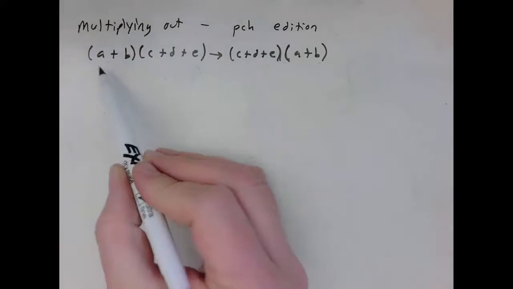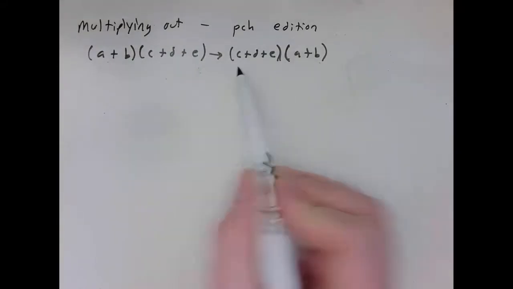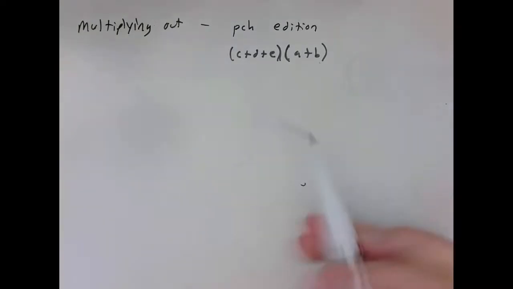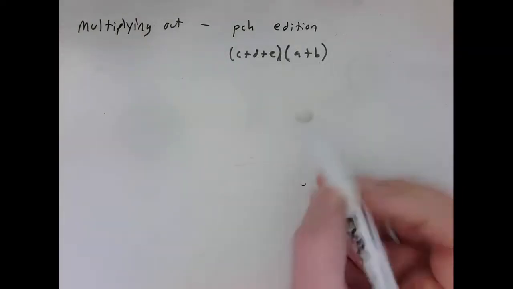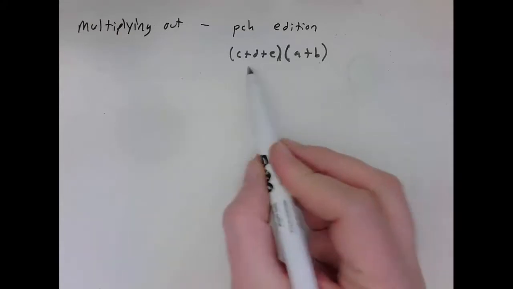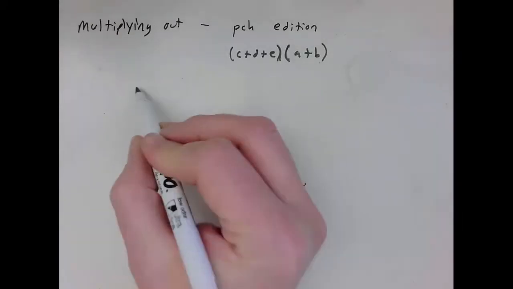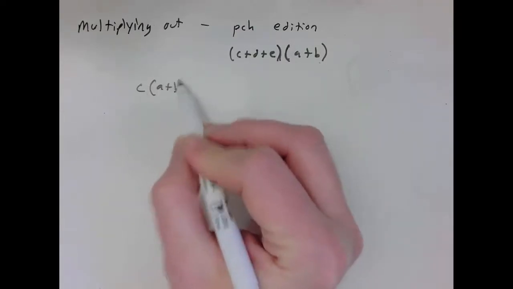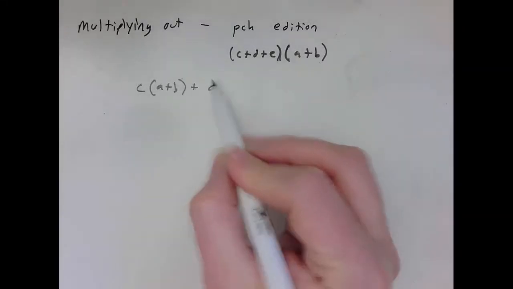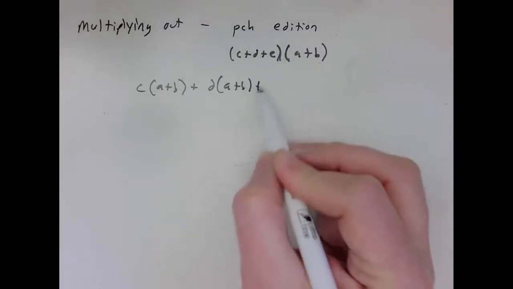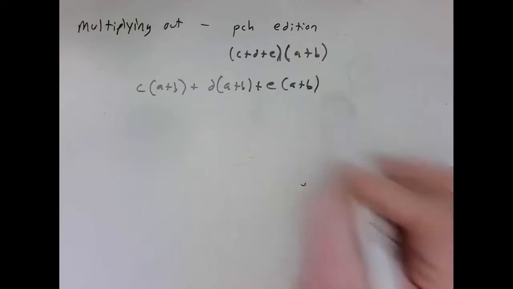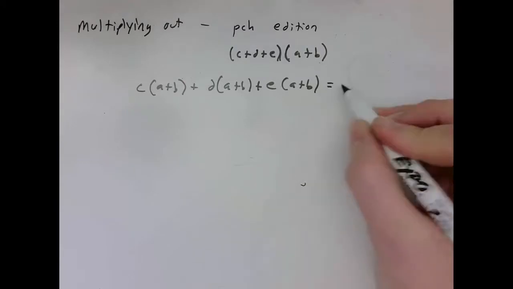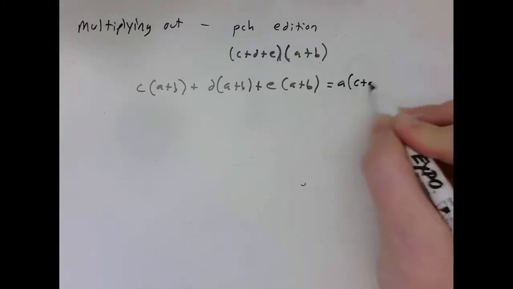So all this is to say that this expression on the left is the same as the expression on the right. However, if you apply the same kind of thinking, multiply each one of these times each one of these, this will let you immediately expand this out in a different ordering. So if I'm expanding it out, I'm saying C times each of the A and the B plus D times the A and the B plus E times the A and the B. And that's the same as the thing that we wrote the first time. So that's the same as A times C plus D plus E,